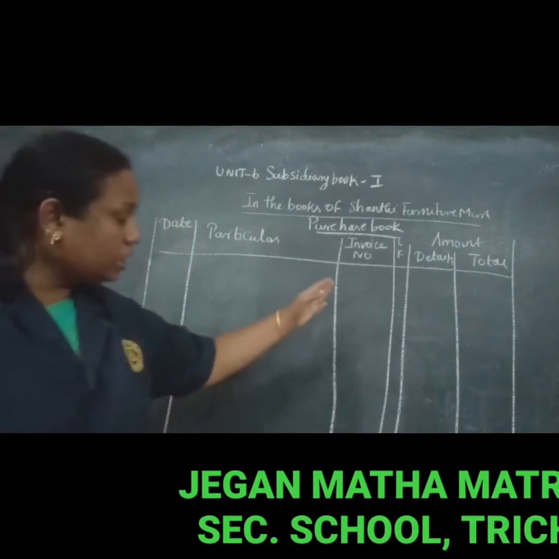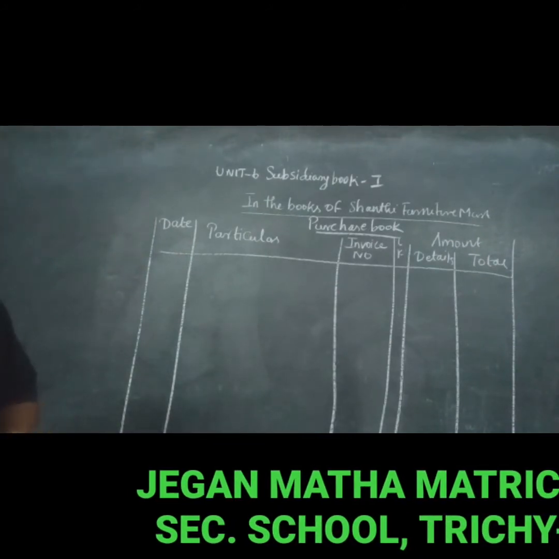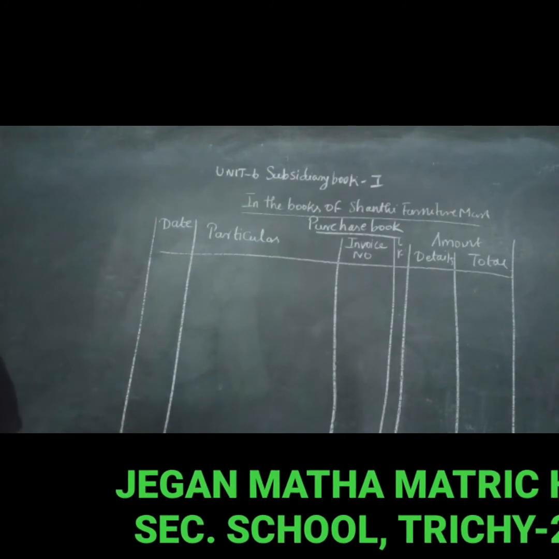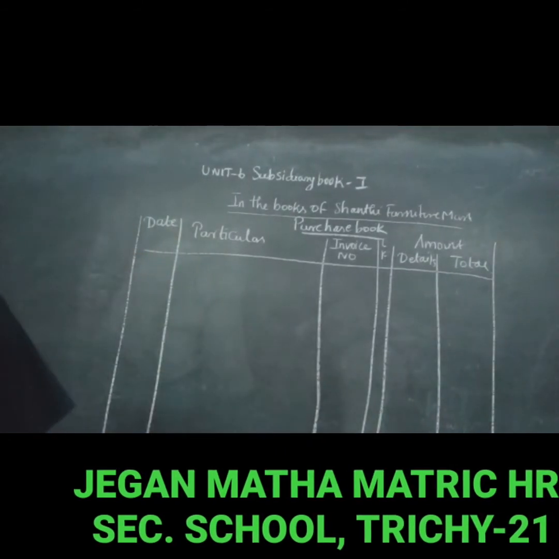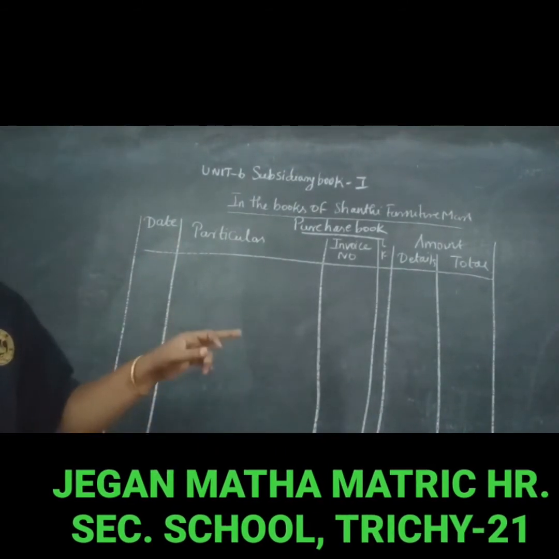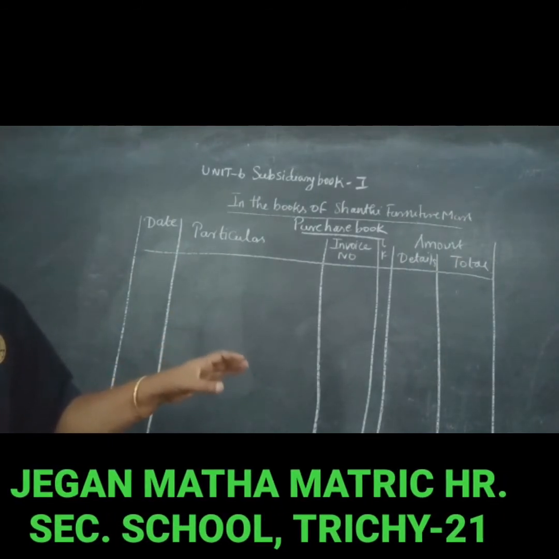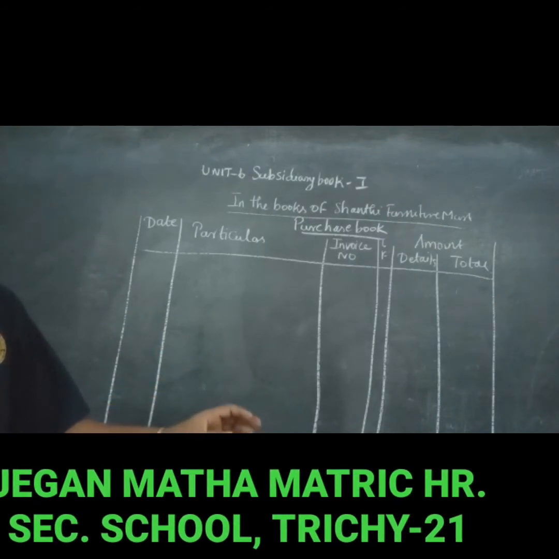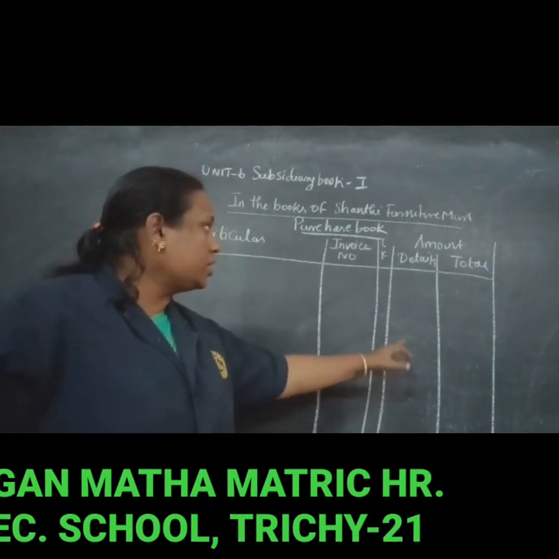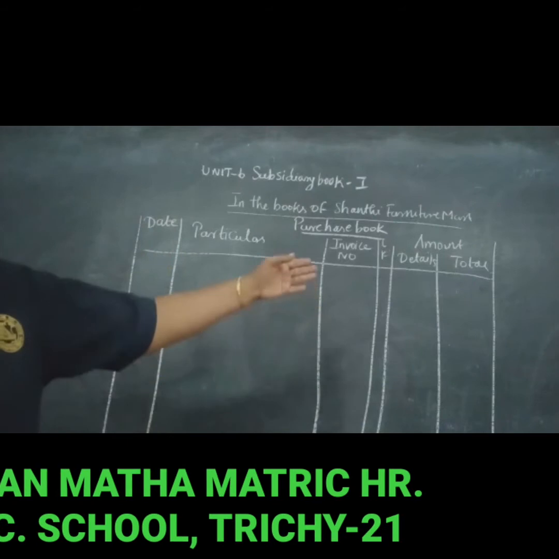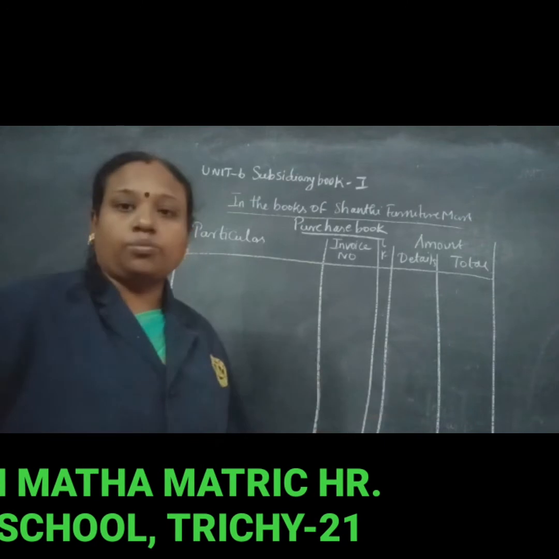The next column is ledger folio. The page number of the ledger on which the supplier's account appears is recorded in this column. The next column is the amount column. The amount column is divided into two parts: details and total. The details column is used to record the amount of various individual items purchased from a particular supplier. The amount of trade discount allowed is deducted. This column is used only for adjustment of addition and subtraction. The next one, total amount. The net amount payable to the supplier of goods is recorded in the total amount column.